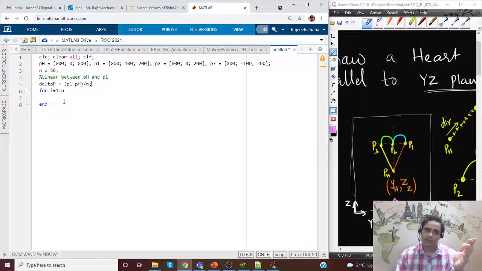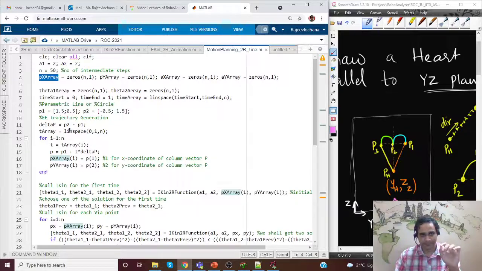Or you just write delta p as P1 minus PH, and you take the value of a parameter from 0 to 1. That is what we would have done here. You see, there is a parameter t array that we took from 0 to 1, and we use this value. So maybe I'll just use the same, otherwise you may get confused.